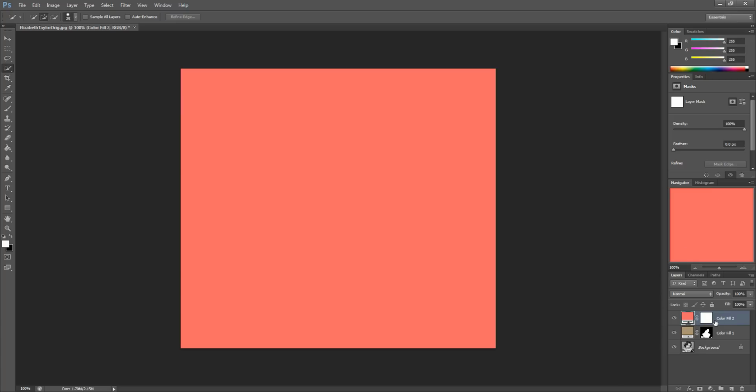Now if you notice that over here in the new layer, the white area for the mask, white means all the color shows through. Black means none of the color shows through. So if we go back to the previous layer, you see the white area is the skin tone that we're letting the color show through, and the black isn't. So if you paint with black, you're covering up the color. You paint with white, you're showing the color. So over here we're showing all of the color, but it's not masked to anything,